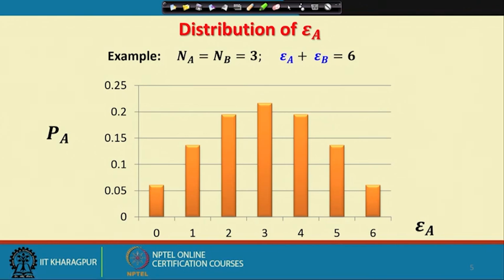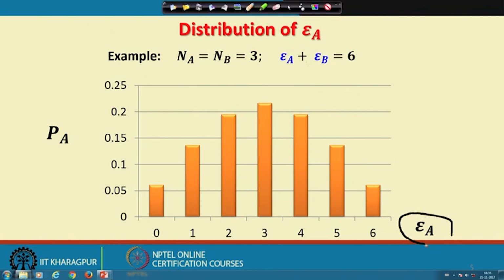Along the x axis I am plotting the energy value that is accessible to the subsystem A, and this I denote as epsilon A. Under the given condition, what are the different values of epsilon A possible? That is decided by this particular relation. Therefore, epsilon A can take up a minimum value of 0 to a maximum value of 6,